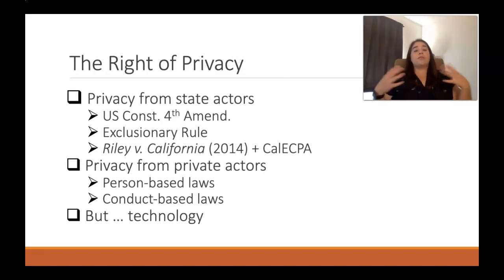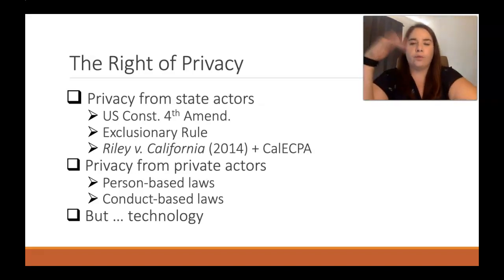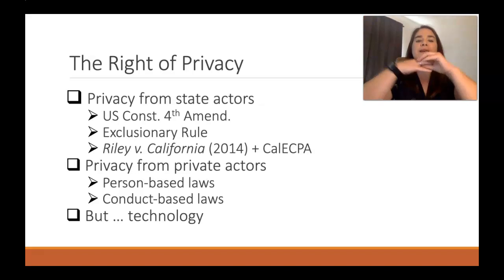A good place for you to think about and to really conceptualize the expansion of a right is dealing with the rights of privacy that we have. So there isn't any one blanket, hey, you have a right to privacy. But what our law has done is that it has conceptualized our right to privacy in a bunch of different areas of the law. When we get further on in this lecture, we're going to talk about the variety of places that you can find the law, where it's been put into writing. But a great place for you to start, particularly for the right to privacy, is in our Constitution.